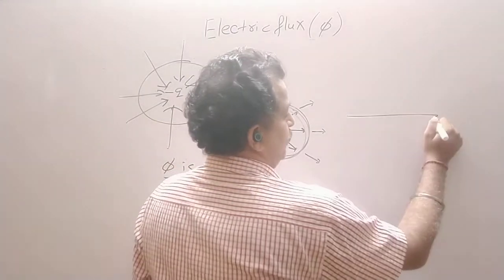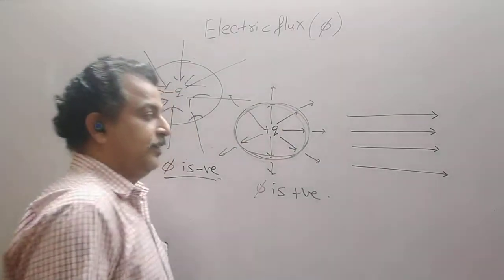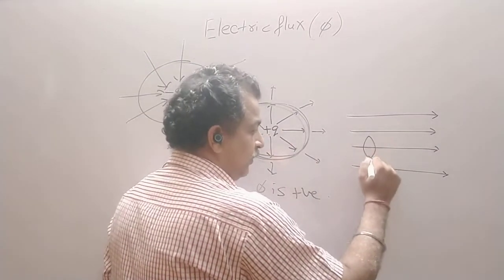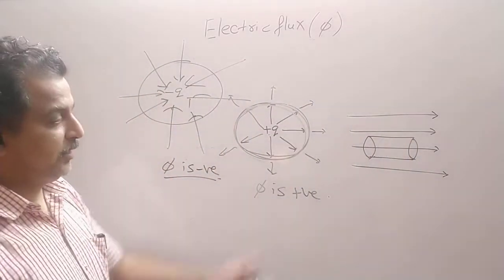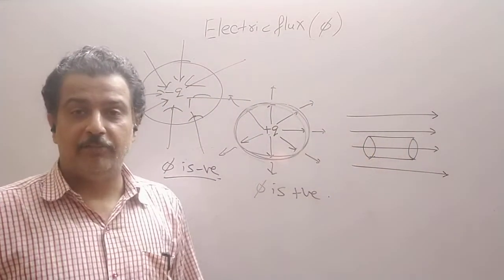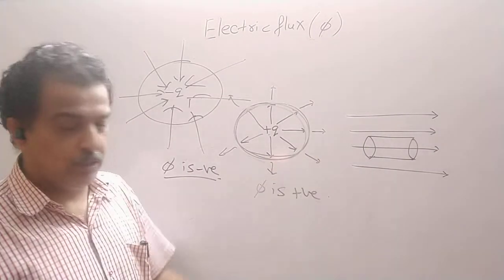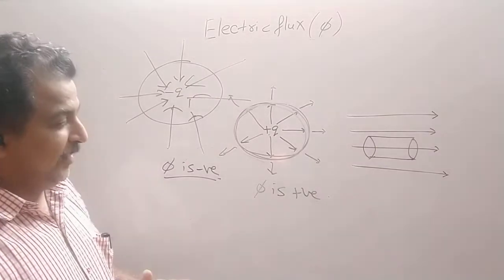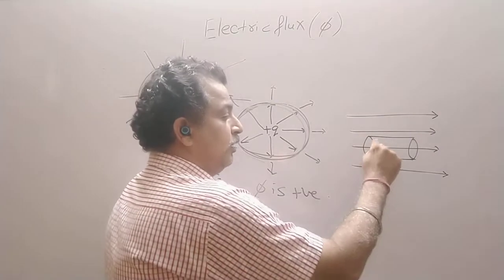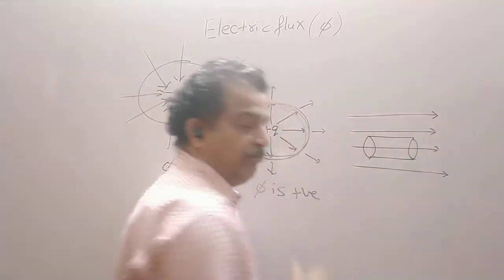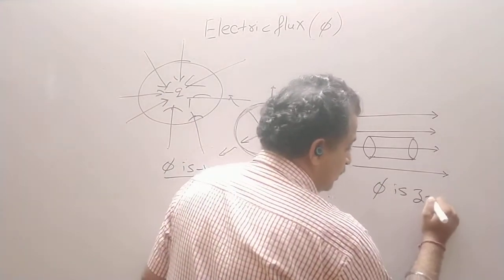Similarly, suppose any closed surface, say a cylinder, is kept inside the field lines. This is a cylinder placed in an electric field. Now what will be the flux in this case? So we can prove this also, but you can understand like this. One field line is entering from this cross section and that one line is emerging from the other side, and therefore the flux in this case is 0.